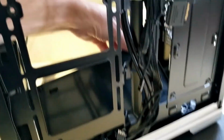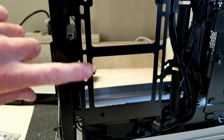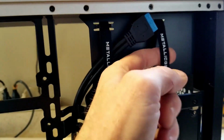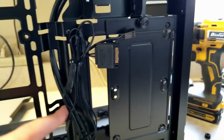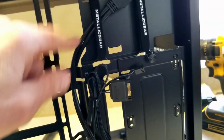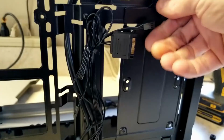All right, so as you can see, you've got mounting holes here. I'm not sure if you can fit a radiator here, but I know you can fit some cooling fans here. And you've got some nice Velcro here to help with cable management. Cable management doesn't look like it's going to be too tough, as long as you don't use a whole lot of cables. Now it looks like you got a hard drive mount here for 2.5-inch drives or SSDs,